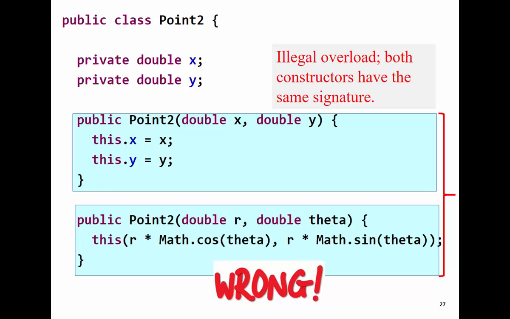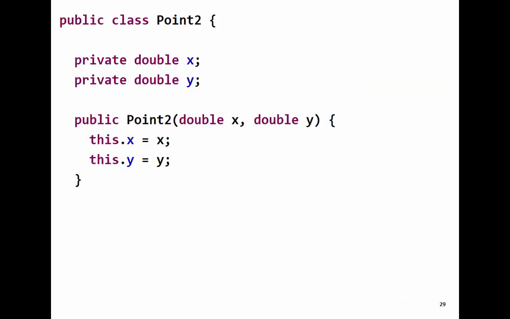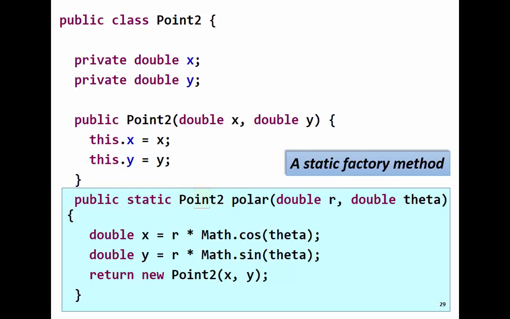You can see here there are two constructors, and these constructors have the same signature. So this is illegal overloading for the constructor. We cannot do this. How can we solve this problem? We can use a static factory method that allows us to create an object and ship it back to the client. So we have the same constructor, Point2, x and y. We create them. Now look here, we have the polar method, the name of the method. This is a static